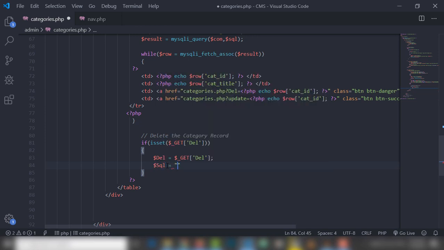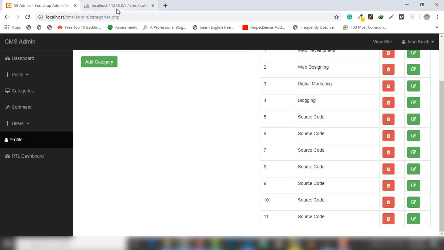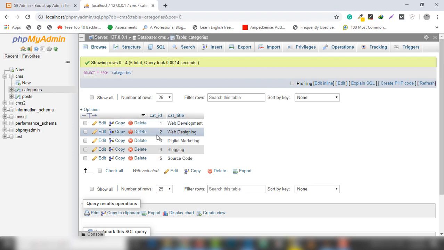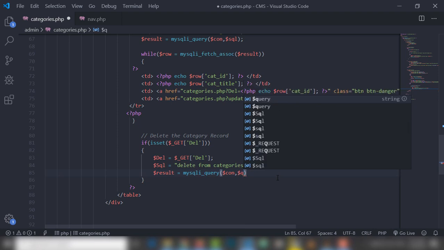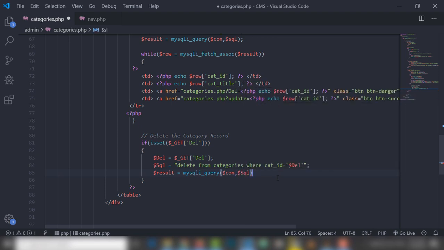So query is delete from categories where cat_id equal to this one variable. This is the first column, named cat_id. You need to match this one ID with your database column name IDs. Then you need to write the variable mysqli_query, pass two parameters, con and query SQL variable, right? Once everything is perfect, then I'm gonna use if result variable is active, then come into the if body,